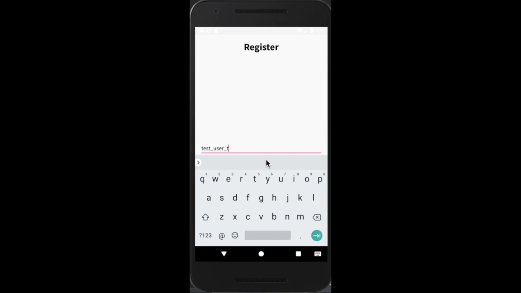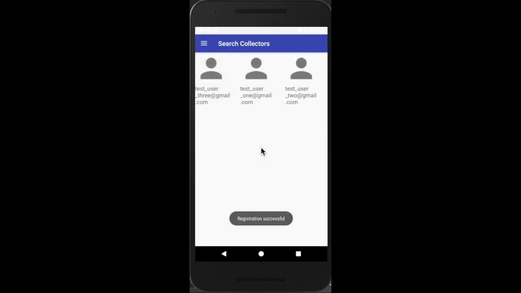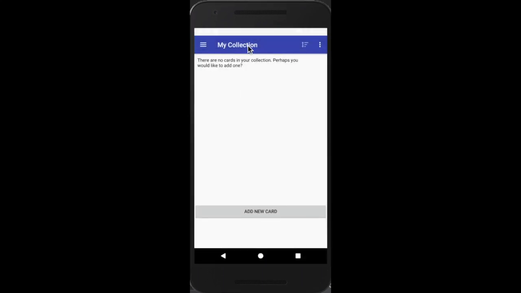When you create a new account, it will be registered with Firebase so that you have authentication and only you, with your unique username and password combination, can access your data. Once you've signed in, you will be able to access your collection and your wish list and add new cards